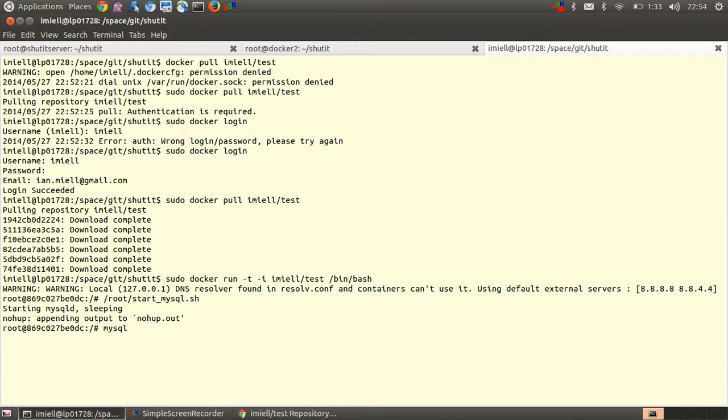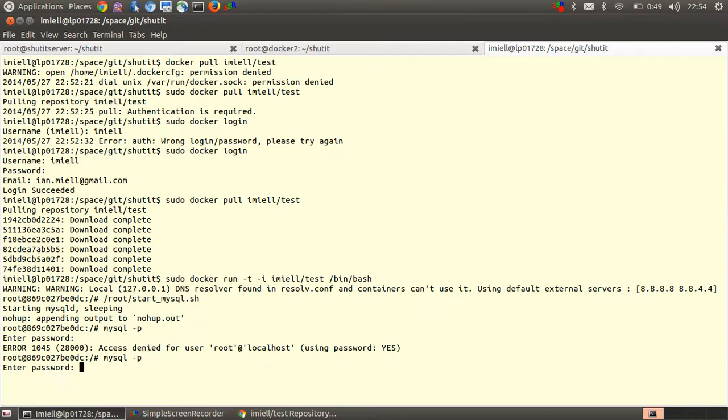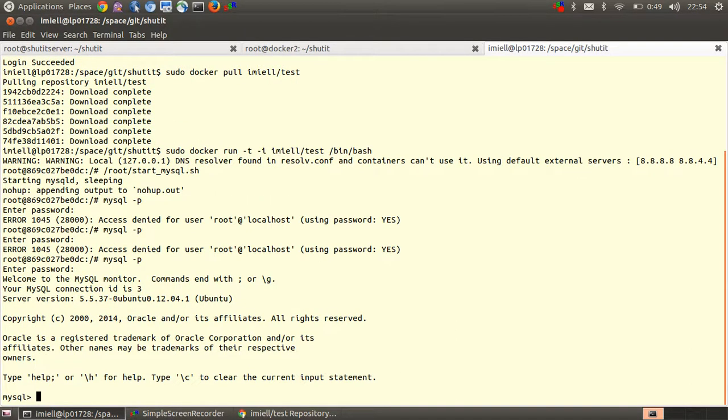That's MySql -p, and the password was MySql test. Oh, MySql root. There we go. So now I have a MySql container,